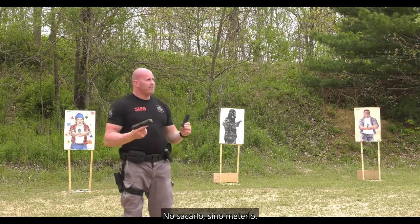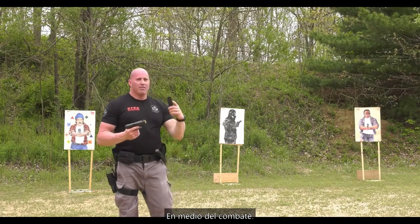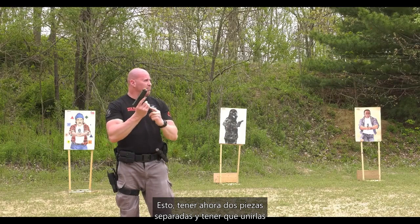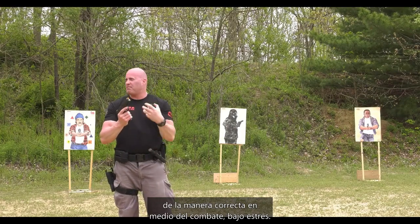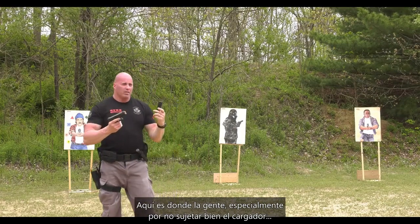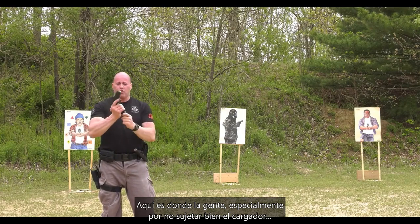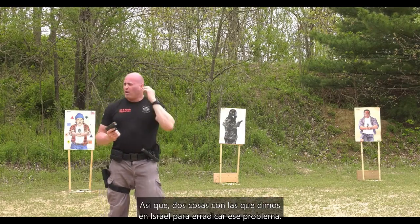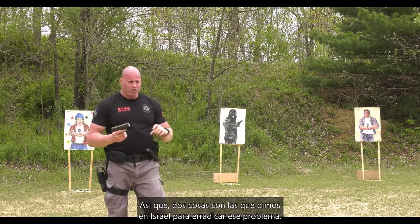Not getting the mag out. It's getting it back in the middle of the gunfight. This now, taking 2 separate elements and trying to connect them in a fine point in the middle of a gunfight under stress. This is where a lot of people, especially if you're not grabbing on properly, this is where you see this happening. Okay? So one of the things that we have come up with in Israel to eliminate that,